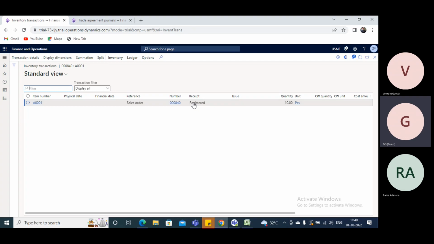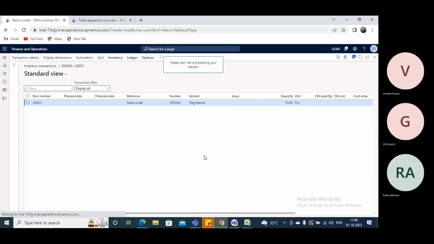Now you can see the receipt status is showing registered, because now it is processing for returning and it has been registered. Registered is nothing but, in normal language, means you are registering some item that will be for you only. That's why it is now coming to the warehouse and it has been registered. Quantity is 10 pieces. Once registered,